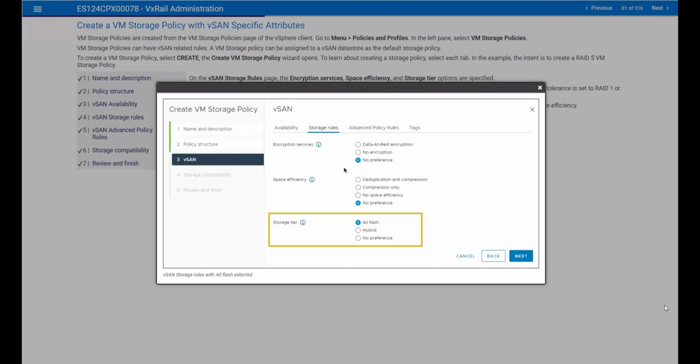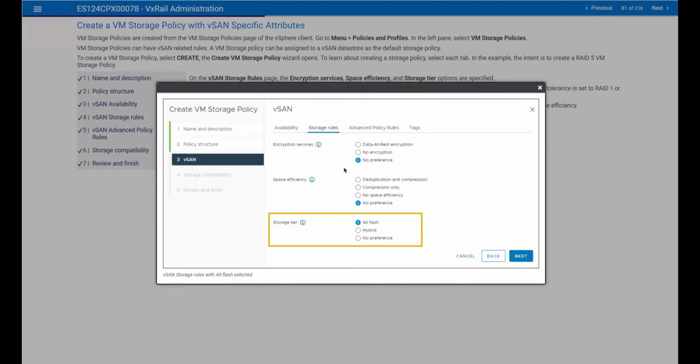You are probably wondering, hey, wait, you said yesterday that we only have one vSAN data store. How can I have multiple data stores? There is a feature that's going to be covered next called HCI mesh that can lead to having multiple vSAN data stores within the same cluster. And if you have multiple vSAN data stores, one of them can be all flash, another one can be hybrid, one can have encryption. So the policy you are building will actually be used maybe on just one of these